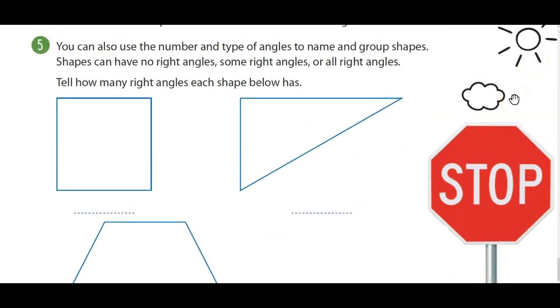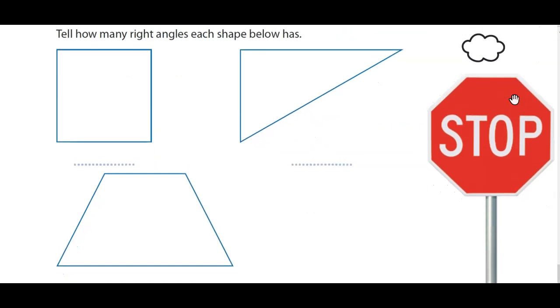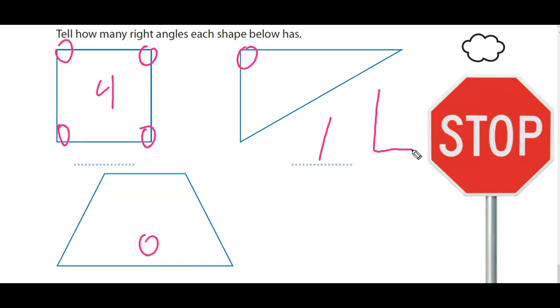You can also use the number of angles to name and group shapes. Shapes can have no right angles, some right angles, or all right angles. Tell how many right angles each shape has below. Obviously, this one only has 1. This one has 0, by the way, and this one has 4. 1, 2, 3, 4. Those are the right angles. Again, they actually make a capital L, either upside down, sideways,